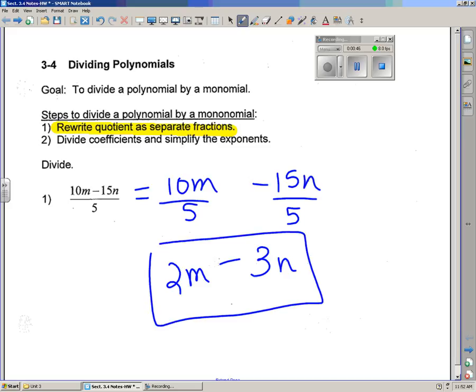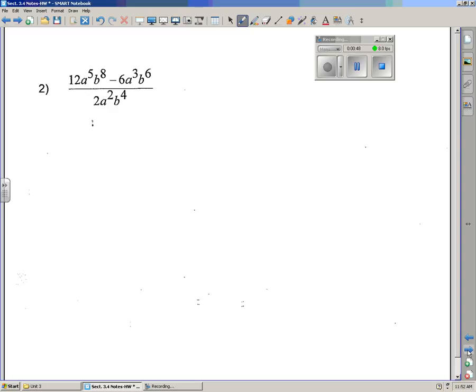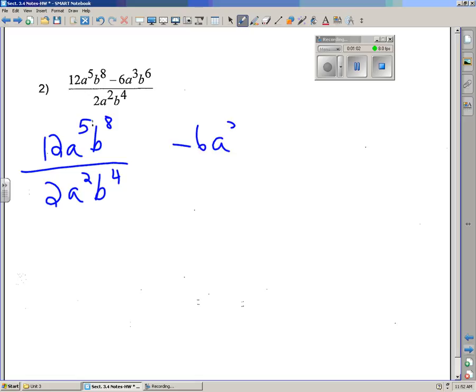It can get a little bit more complicated if you now have a lot of stuff on the top and the bottom. And again, if you rewrite it, 12a to the 5th b to the 8th over 2a squared b to the 4th minus 6a cubed b to the 6th over 2a squared b to the 4th. I tend to also keep that negative sign with that second part of the top binomial, just because it makes it easier if the bottom happens to be a negative also, and so you got to be careful